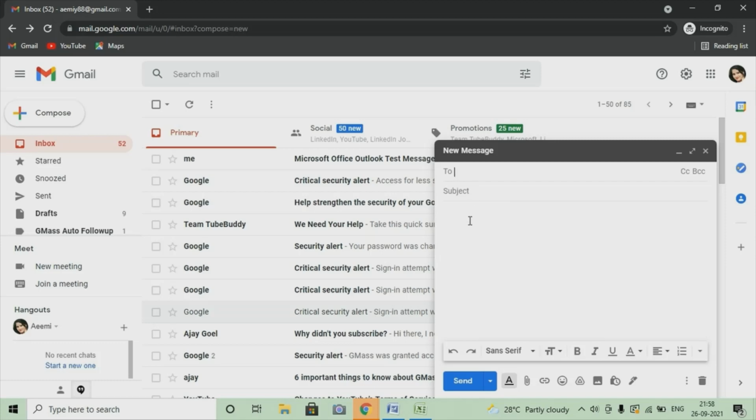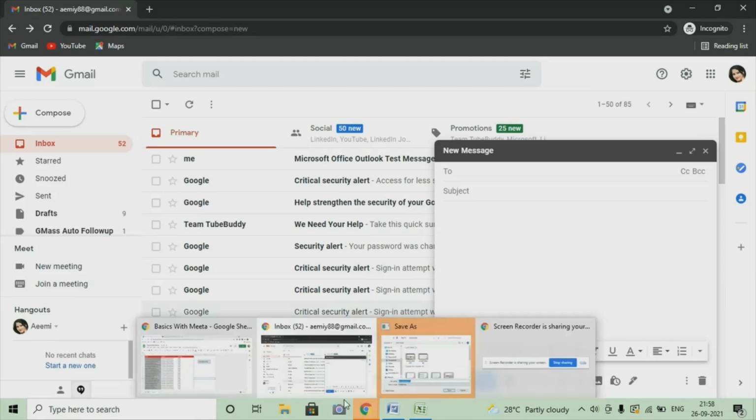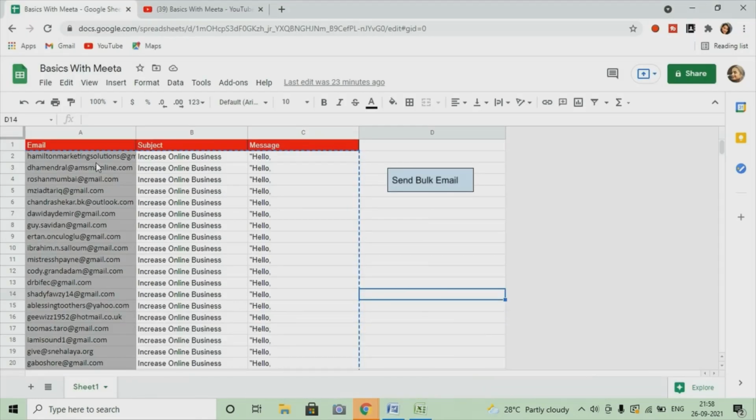So these three things we need to send any email. That is why we have aligned a spreadsheet where we have mentioned the email list, subject and message.